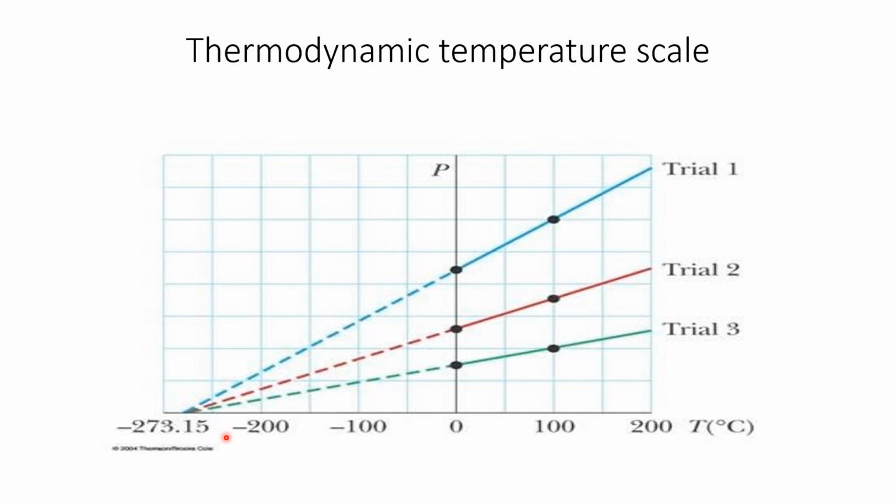Already on the previous scale we showed you the boiling point of water, the lower point where water starts to freeze, and where molecular motion is completely ceased. This is the temperature on the Celsius scale, minus 273.15, or you can call it 0 Kelvin. In Fahrenheit, that temperature is minus 460 degrees Fahrenheit, where molecular motion is completely stopped.